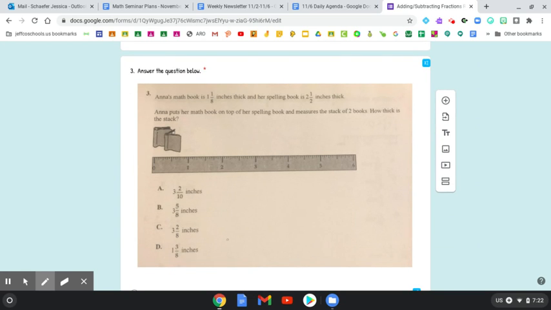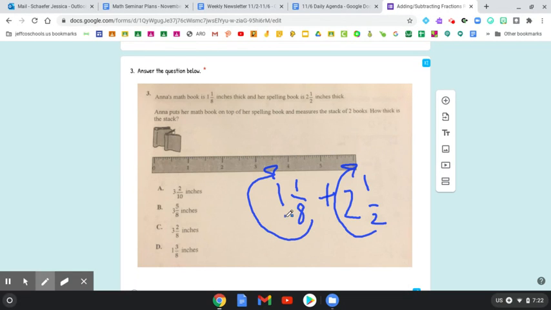All right, number 3, Anna's math book is 1 1/8 inches thick, and her spelling book is 2.5 inches thick. She's going to put her math book on top of her spelling book, and she's going to measure those two books together. How thick is the stack? That would be adding. So I'm going to take 1 1/8, and I'm going to add 2 1/2. I'm going to get these into improper fractions, what we were doing today. So I'm going to multiply on the bottom, I'm going to add on the top. 8 times 1 is 8, plus 1 more is 9. So I have 9/8